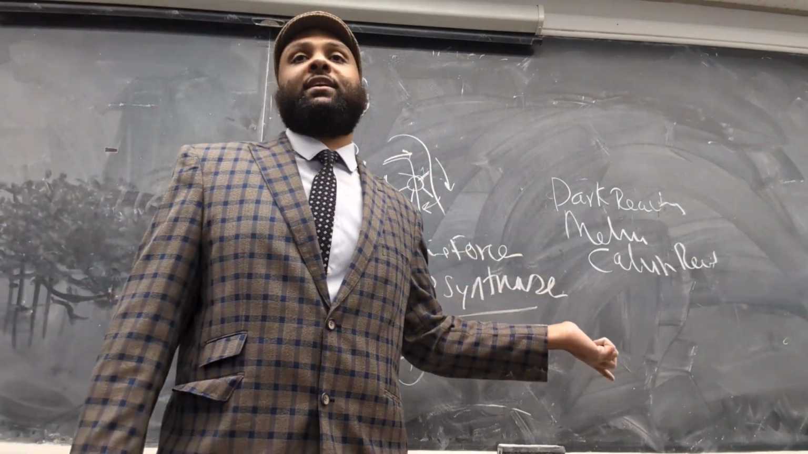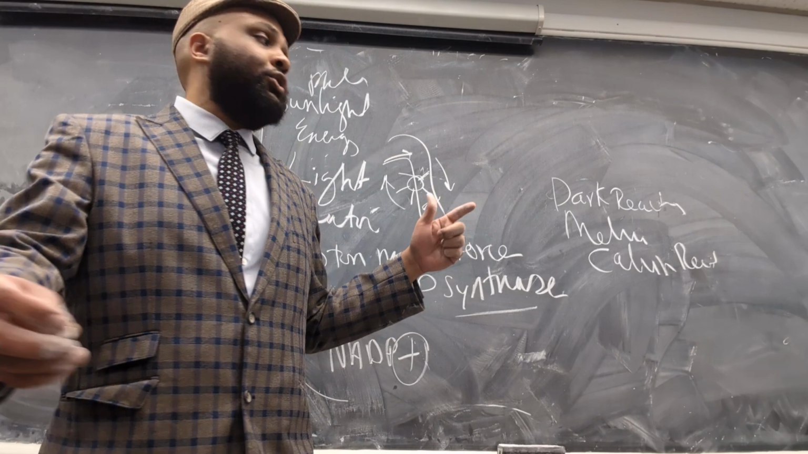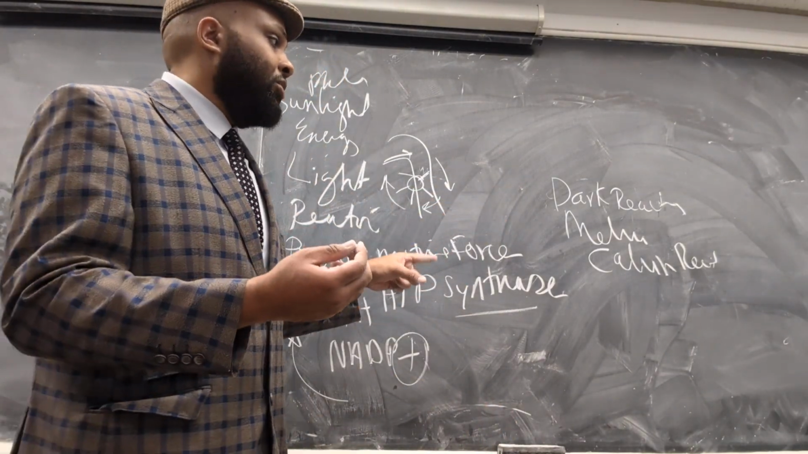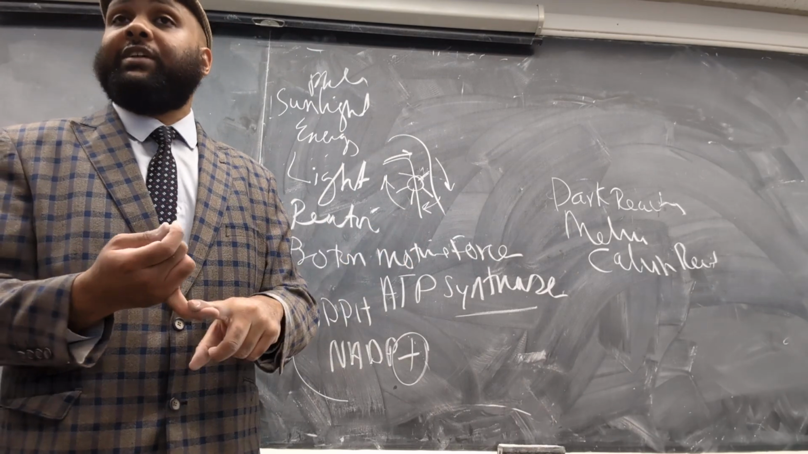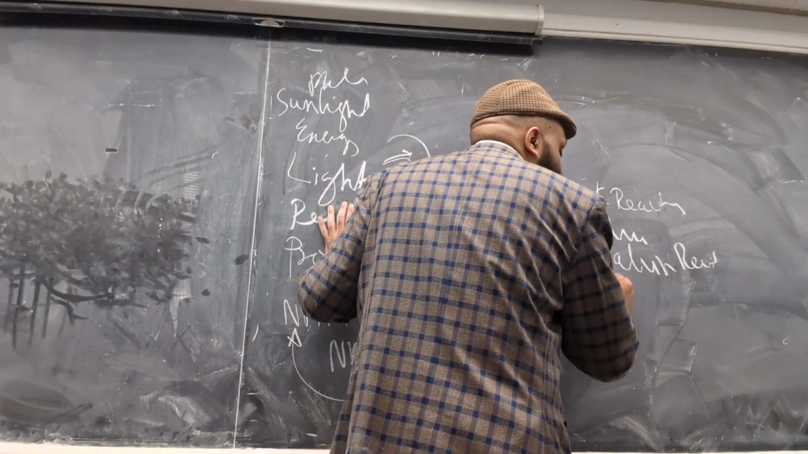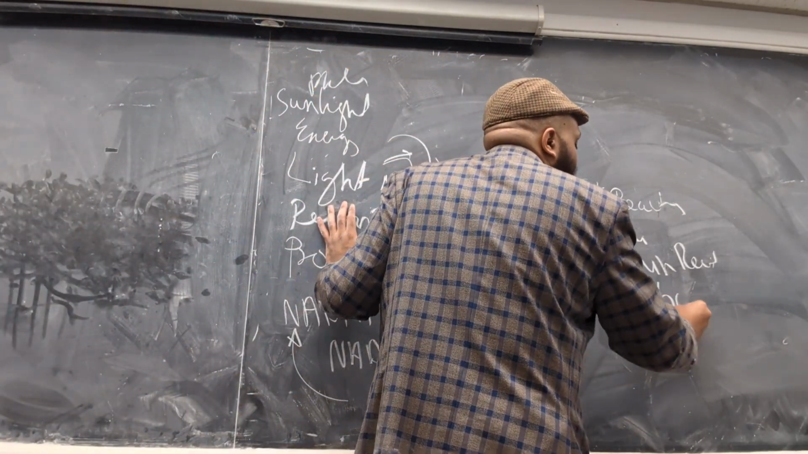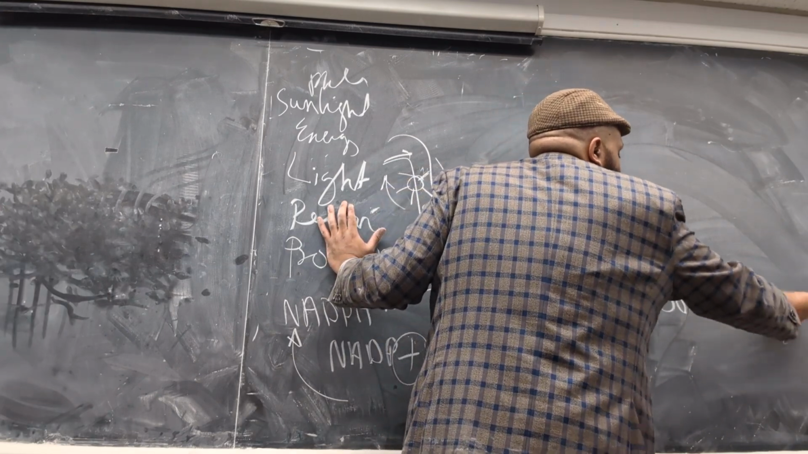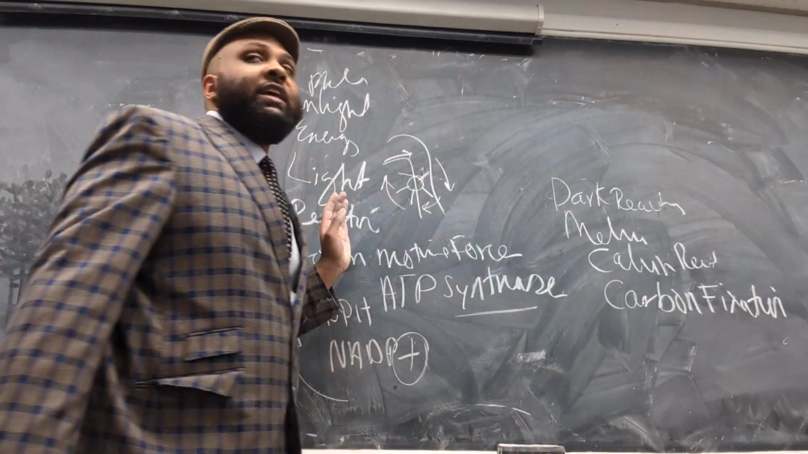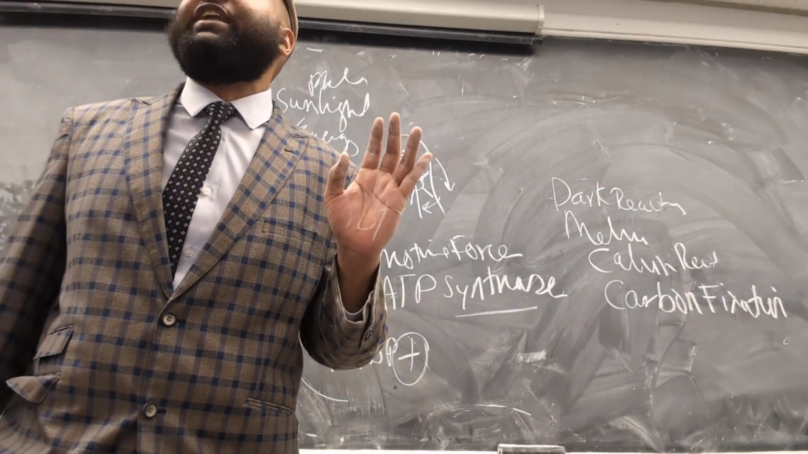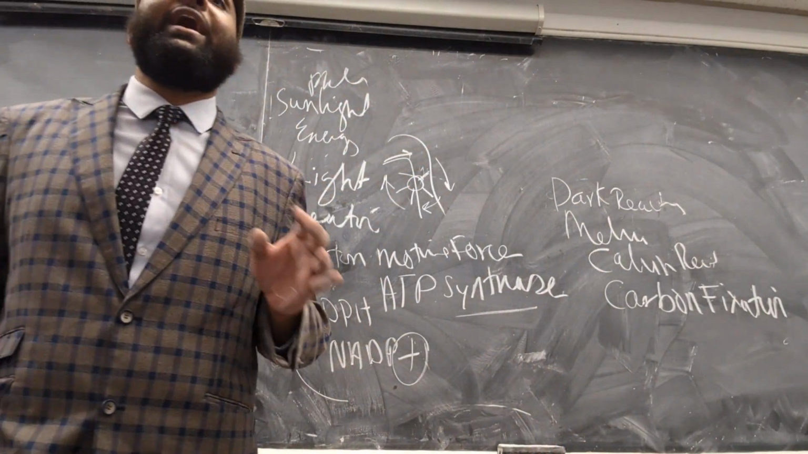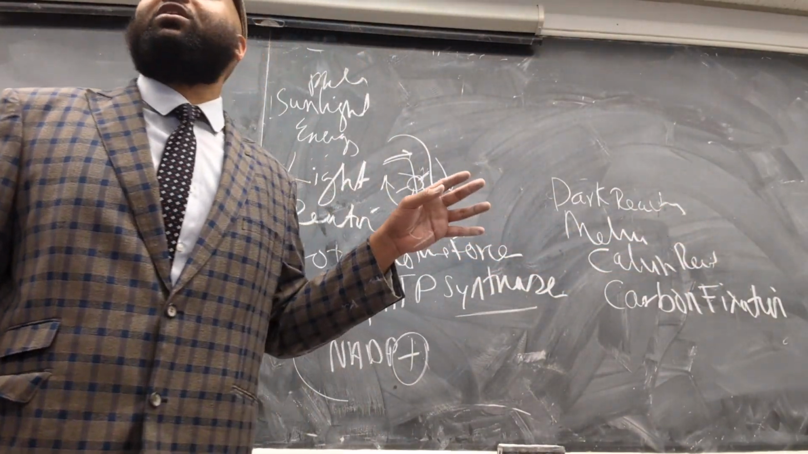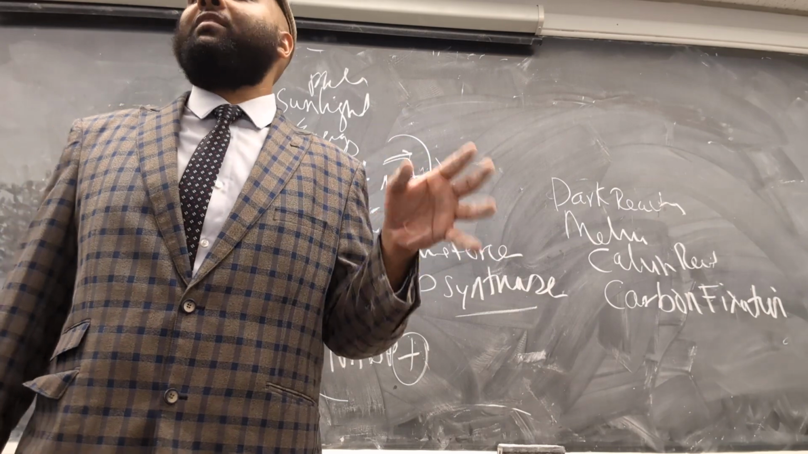Then the dark phase comes in. This is the main thing for you to remember: the dark phase is your Calvin cycle. And that is where we do carbon fixation. So when they ask you on the exam, what is carbon fixation? Where does carbon fixation happen? Does it happen in the light reaction or in the dark reaction? You know it happens in the dark reaction, and that is known as the Melvin-Calvin